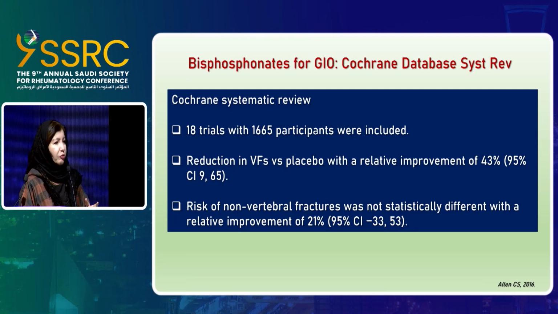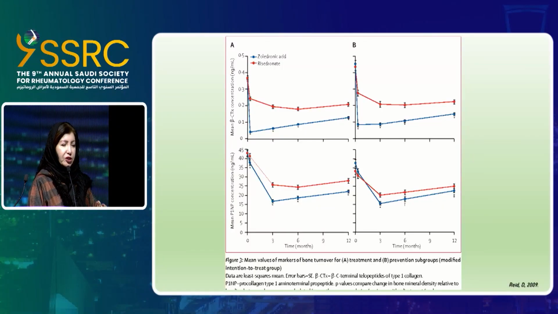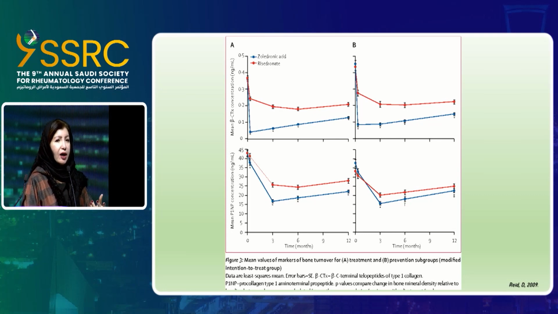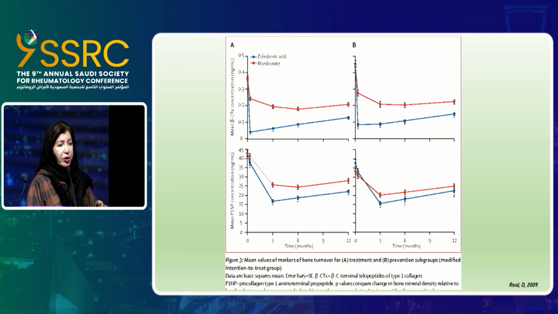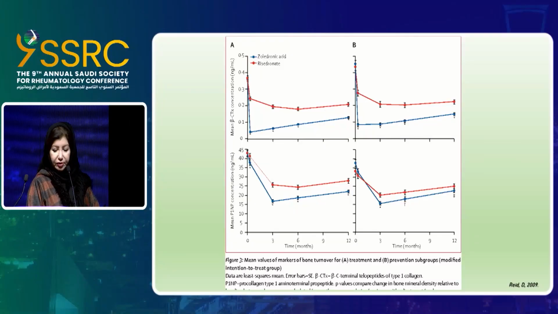significant. So for the bisphosphonates in general, there is good evidence that they decrease vertebral fracture, but not non-vertebral or hip fracture. And it's not because the drug is not beneficial in this type of fracture. It's because hip fracture usually occurs in much more severe cases at an older age. So if the original number is not very high, it's difficult to get a statistically significant result. But it doesn't mean that it doesn't work. Zoledronic acid was compared to risedronate, and of course it is superior, as expected.